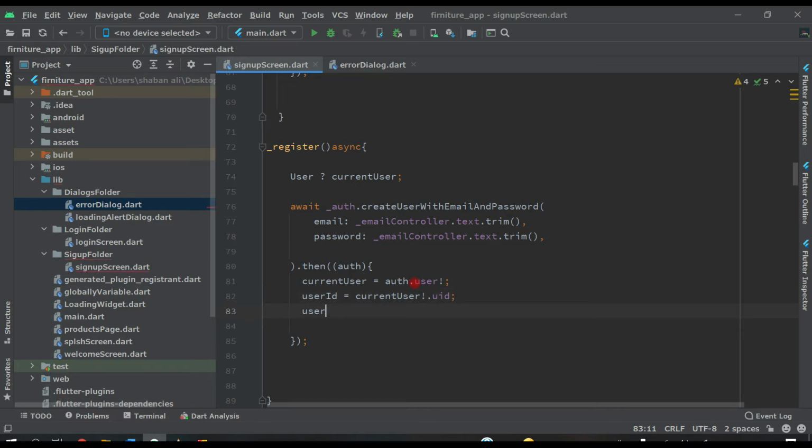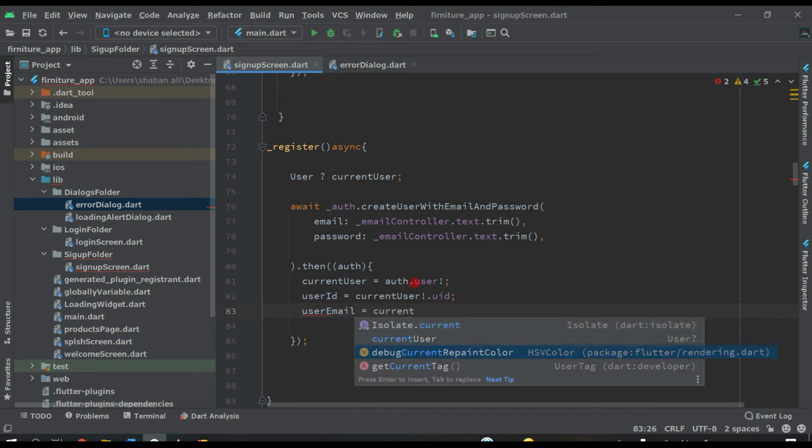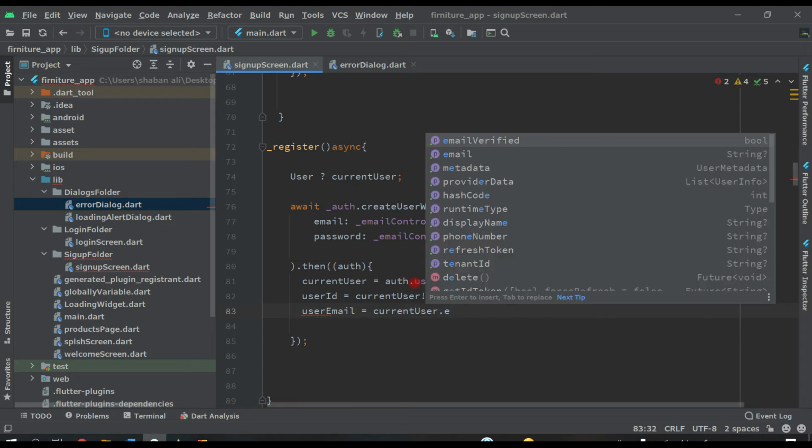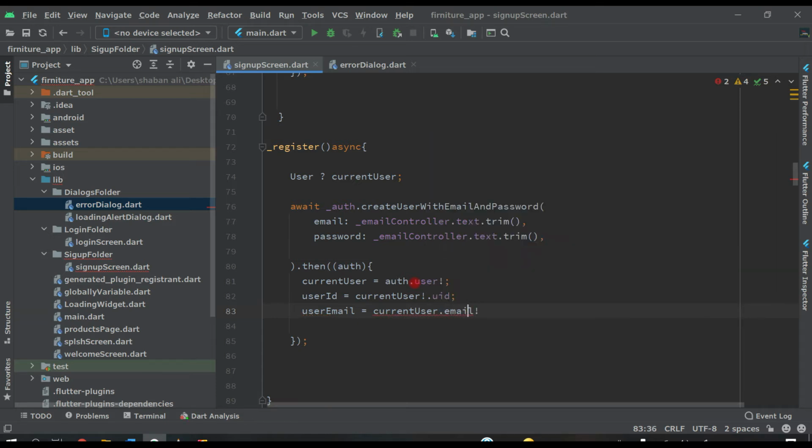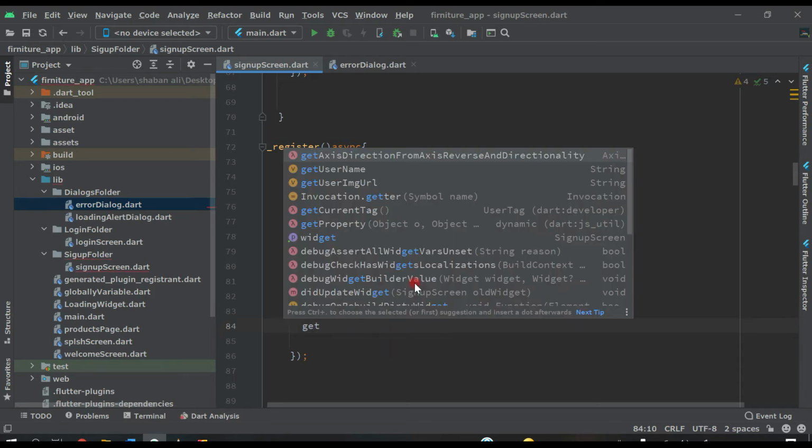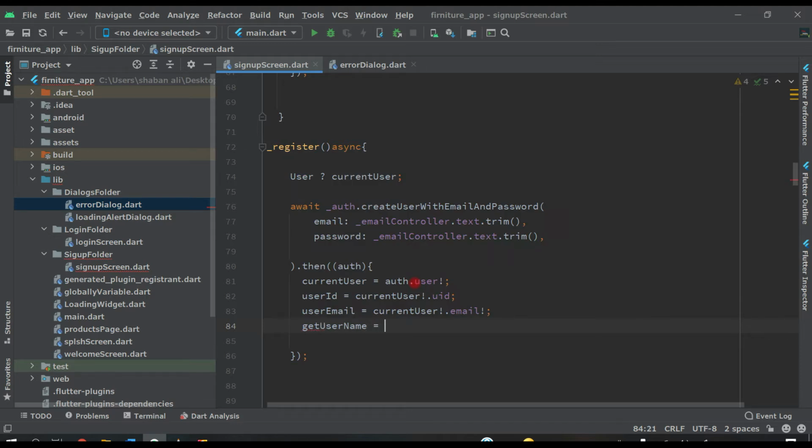Then after that, userEmail will be equal to currentUser.email, put an exclamation mark like this, it's null safety both here and here, and a semicolon. And then getUserName equal to _nameController.text.trim, like this.